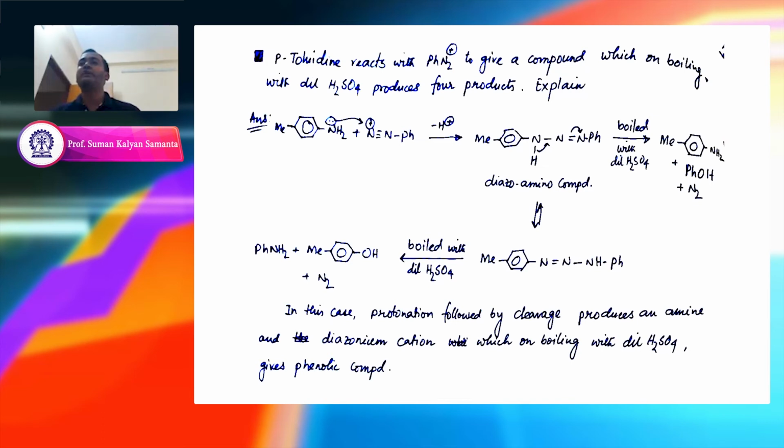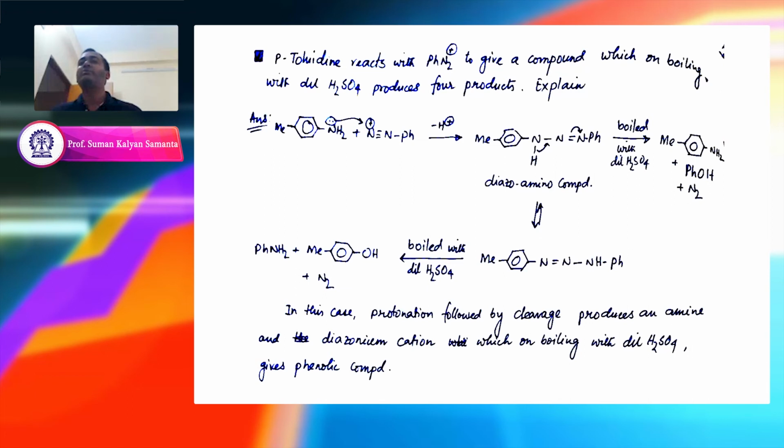So that you get PhNH2 from this side, and this side N double bond N plus, the benzene diazonium salt. So this is N double bond N plus. Now as you know, this is N2 plus. N2 plus is a good leaving group, and when you boil with dilute acid, this N2 plus will leave and be replaced with OH. I think this also you have studied previously in your reaction chemistry. So then you get paracresol, parahydroxy toluene, from this batch.